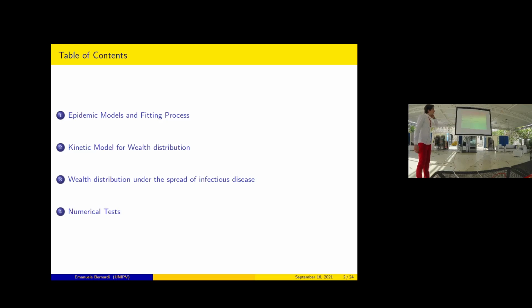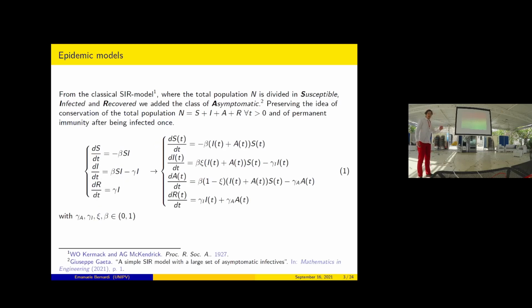In the second part, we're going to see the kinetic model theory in general as a reinterpretation of the classical kinetic model for wealth distribution. And in the third part, we are going to see the coupled model, and after that some numerical tests and results that we have obtained. So, for an epidemic dynamics, it's common to resort to the classical SIR model, which is